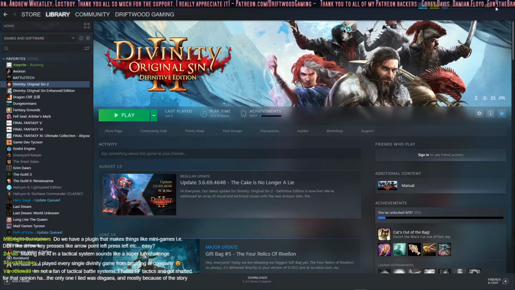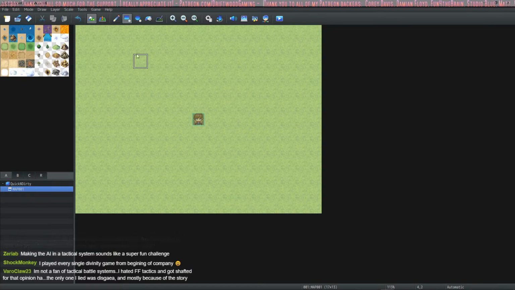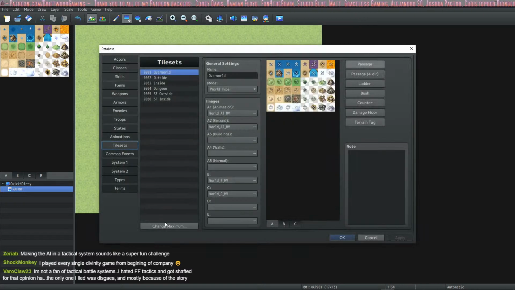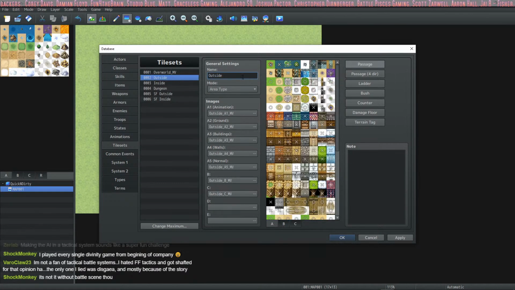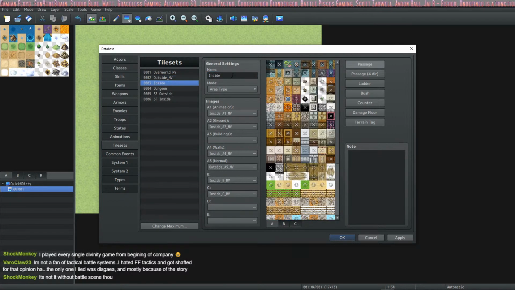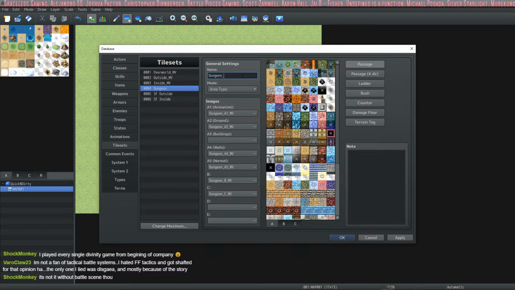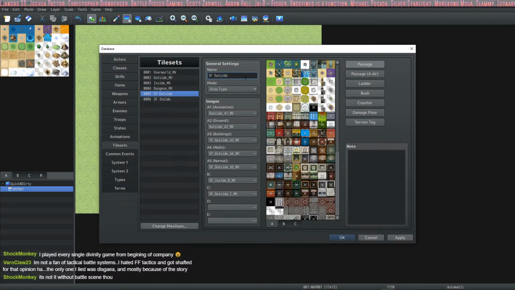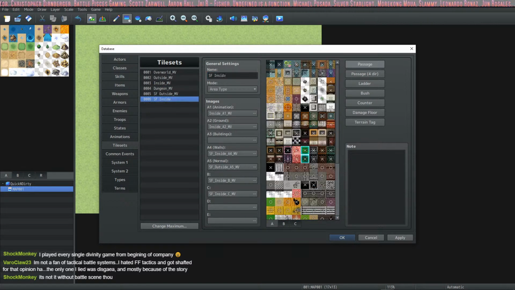Shock Monkey says he likes the Shining Force 2 one. I played Shining Force 2 like 6 times as a kid, and the thing I hated most about it was the damn tactical battles. They took so long. I'm going to change the names to _MV. And then there's this code that you can type in at the beginning of every single time you play. It doesn't remember it on your save, and it's really hard to do. You'd want to yeet your system out of the window before you even got to play. You're trying to put this code in so that the tactical battle system will go faster and not be boring. I love that game. Don't get me wrong.